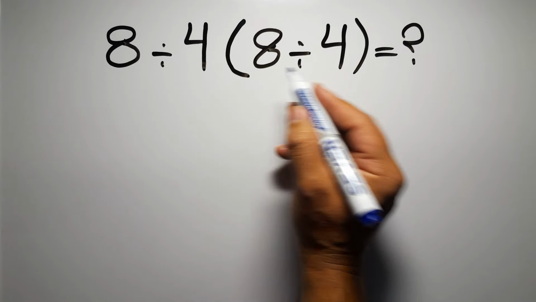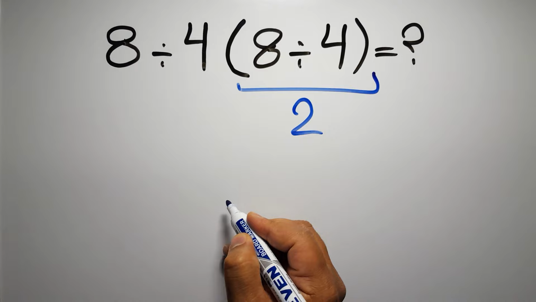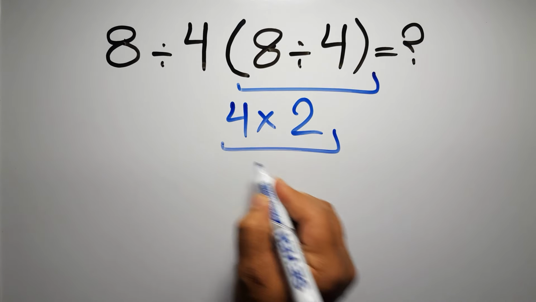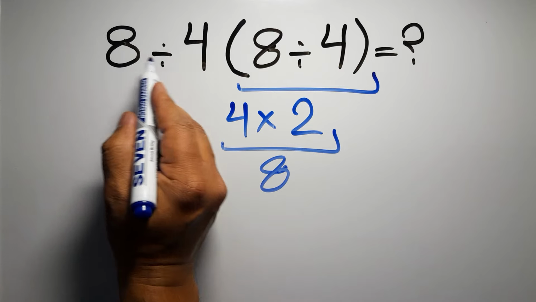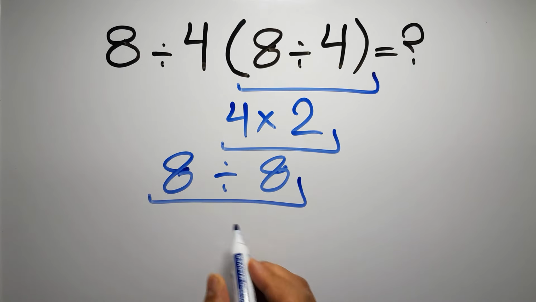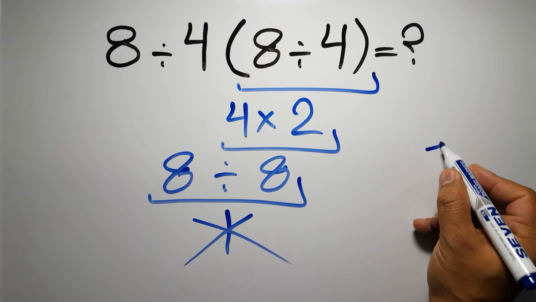Inside this parenthesis, we have 8 divided by 4, which gives us 2. And 4 times 2 equals 8. So 8 divided by 8 equals 1. But this answer is not correct, because according to the order of operations, first we have to do